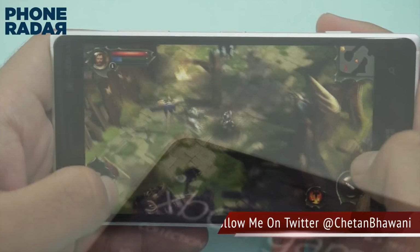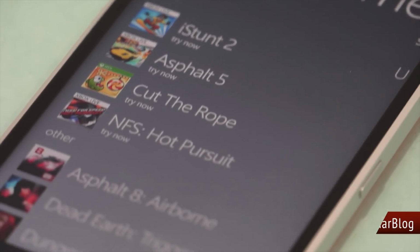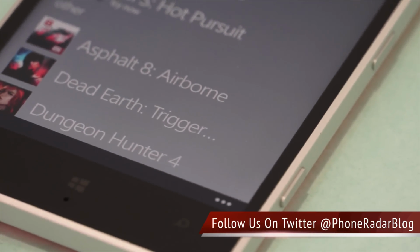basic multitasking and gaming. So this was the gaming demo and the review of the Nokia Lumia 830 when you